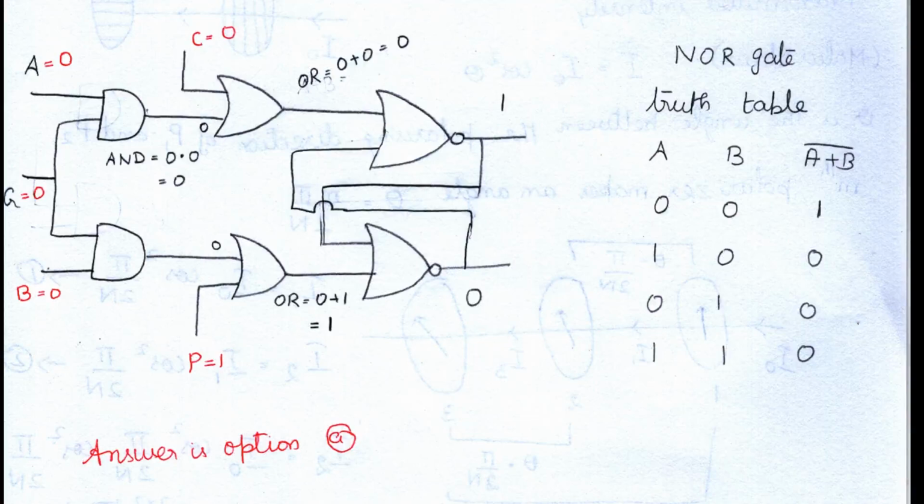If you see the bottom NOR gate, one of the inputs is 1. If you see the truth table, if any one of the inputs for the NOR gate is 1, the output is surely 0. Therefore, without knowing the other input, we can write that the output of the bottom NOR gate is 0. Now this 0 is fed as an input for the top NOR gate. Already it has one input of 0 and now the other input is also 0. Therefore, the output of the top NOR gate is 1. Now we can say that the x1 value is 1 and x2 value is 0. Answer is option A.